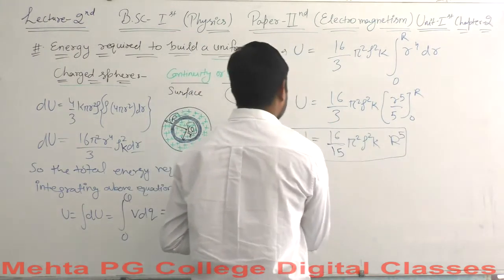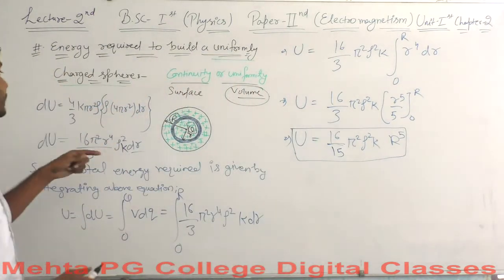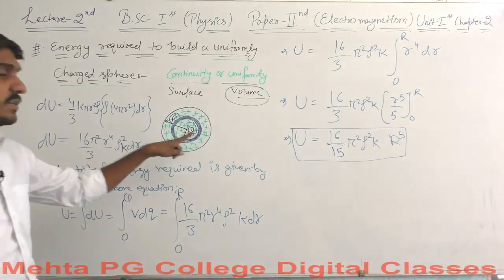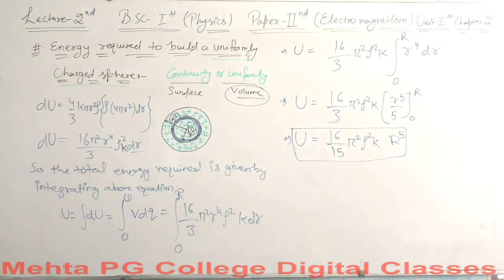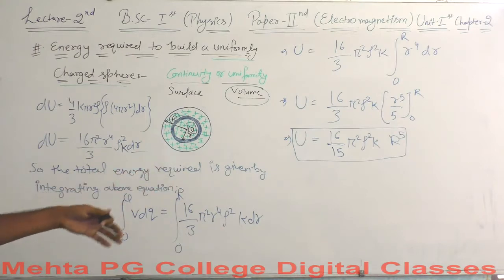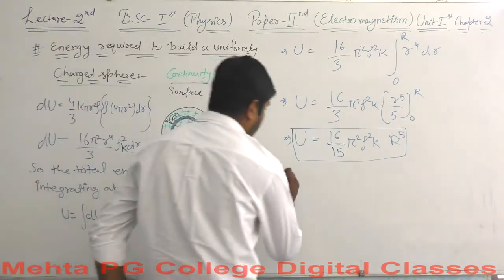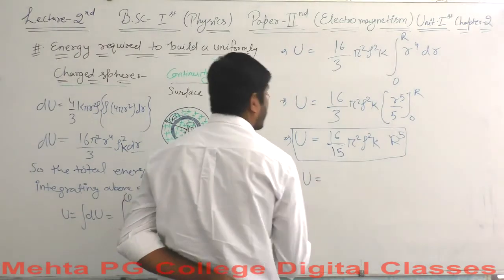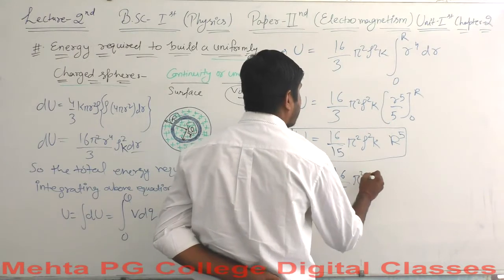But we have something that remains here, which is the ρ². So we will use the value of ρ again. From the first equation we have said this is the volume charge density ρ here. So we will put the value of ρ, and then we will have the exact amount which we need to build up the charged sphere here. Okay, so U here equals 16 over 15 π²